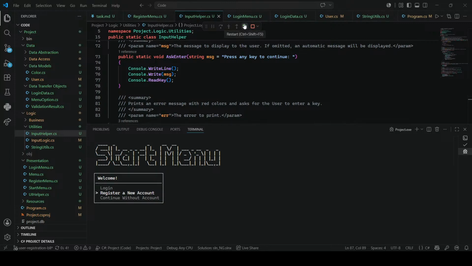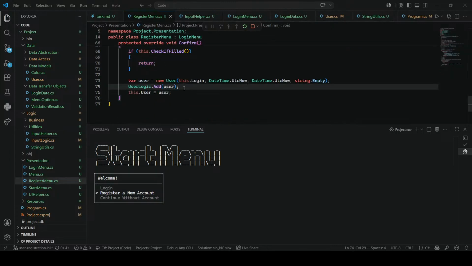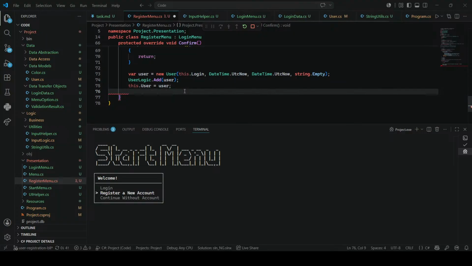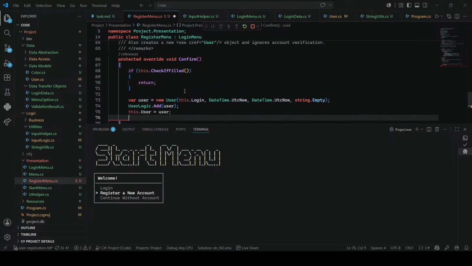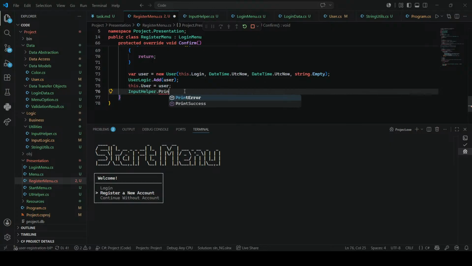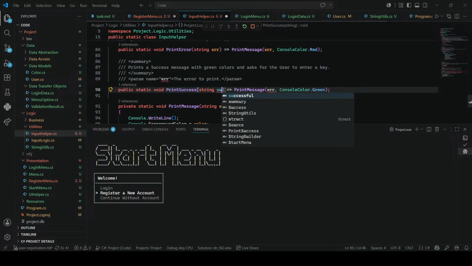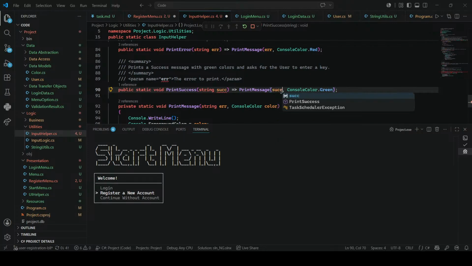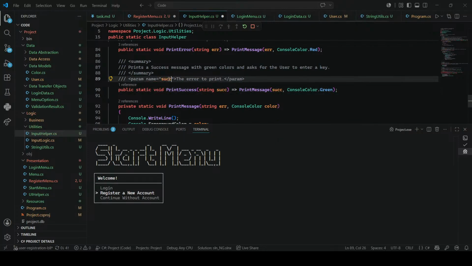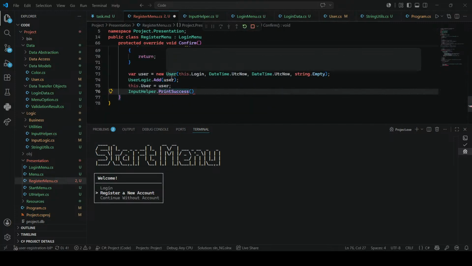So I can then say right here, print success. No, it still says error. Print success